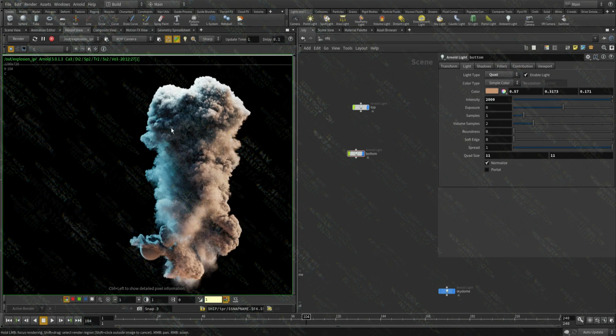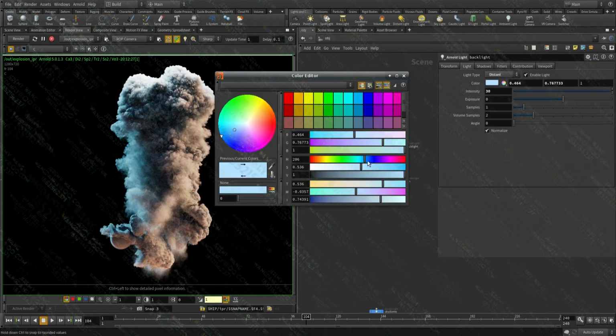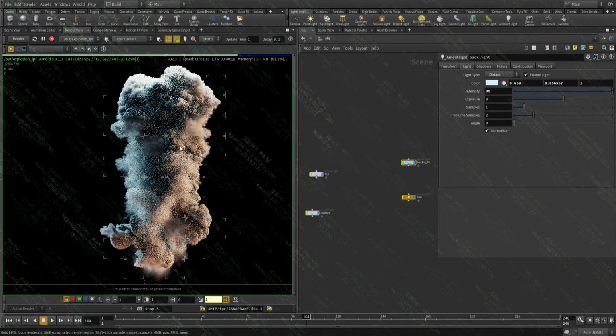Cool. So yeah, we have all these lights. This one I'm still not very happy with, but I don't have an idea as to how I'm going to fix it. I'm going to desaturate it so it's not very present in the scene. And I think it's time to do some shader tweaking now.